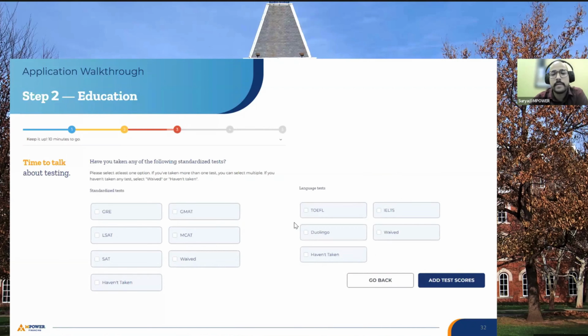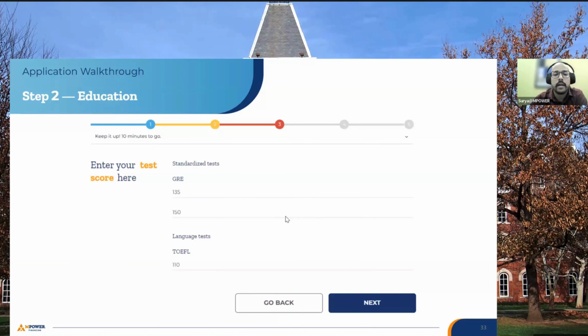Then sometimes you have to go through certain standardized tests or exams to be deemed eligible for the university you're planning for. So if you have taken any kind of language test or standardized test like GRE, GMAT, or MCAT, then definitely provide us those scores, as they really help strengthen your application. Similarly, if you have taken any language test, do provide us those details. In case these tests and exams are being waived, then you do not have to worry. You can select that particular option and proceed further. Here is an example of an applicant who has provided us his GRE and TOEFL exam scores.